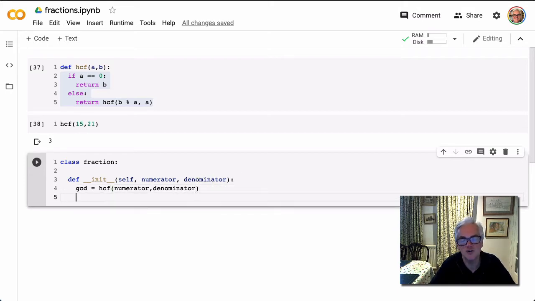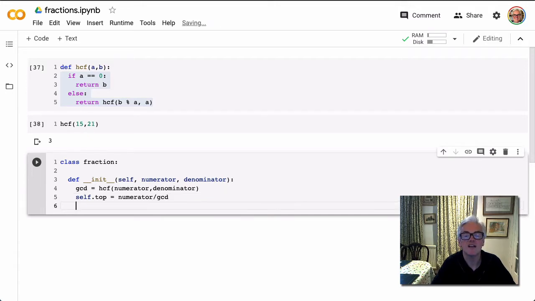And then what we're going to store is the top and bottom of this fraction. So the top of the fraction, my keyboard has frozen. Top. The top of the fraction is equal to what you get if you take the numerator we've been given and divide by the greatest common divisor. The bottom that we store is what you get if you take the denominator that we're given and divide by the greatest common divisor. So I'm storing a fraction in its simplest form, and there's a unique expression for that,